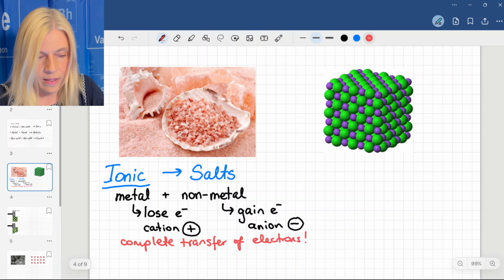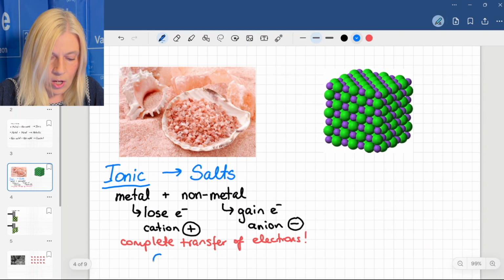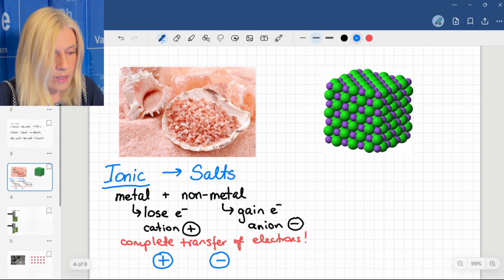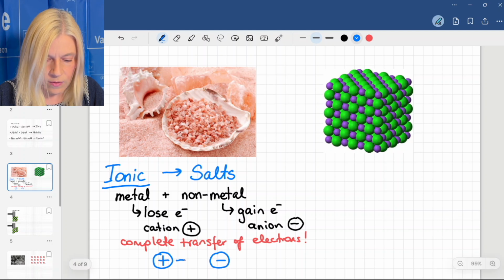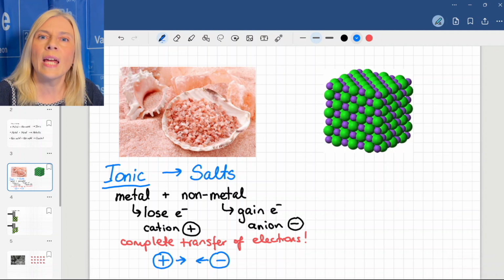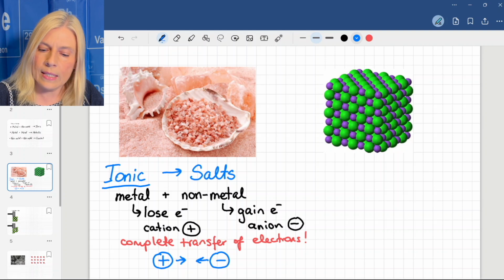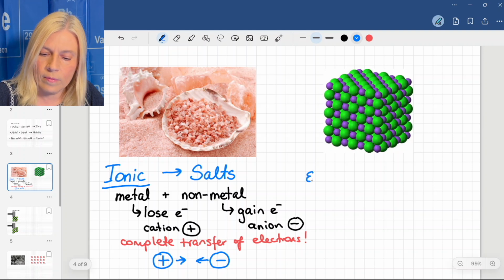It's great. And then, when you have this complete transfer of electrons, you have a cation and an anion, and they are attracted to each other. There is this nice attraction, yes? Coulomb's law, attraction. So we have a question, how does this bond stay together? That's the key. How does an ionic bond stay together? Well, it's this electrostatic attraction